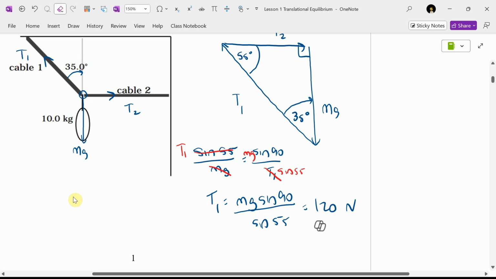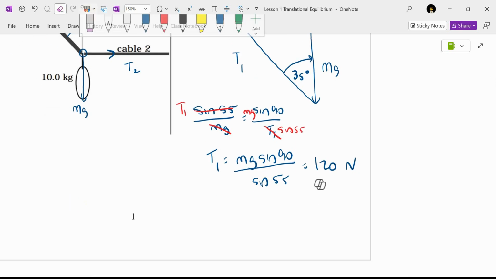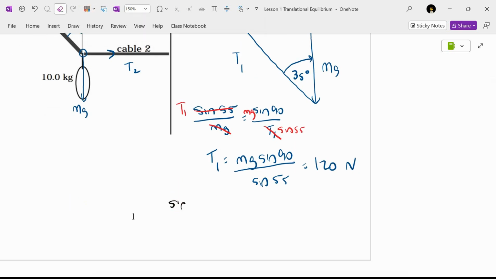Jericho, what's the next one we need to find? I'm still going to use gravity because you could use your new answer, but why? I'm going to say, okay, I guess the sine of 55 divided by mg, what's across from it, equals, which angle is across from T2? Sine of 35 over T2. Jericho, where is the T2 right now? On the, there. We're going to do the same dealio. We're going to multiply it to the top, divide the sine